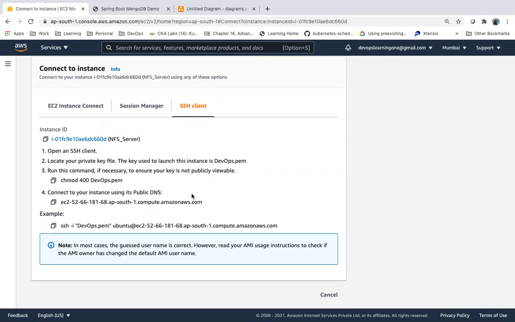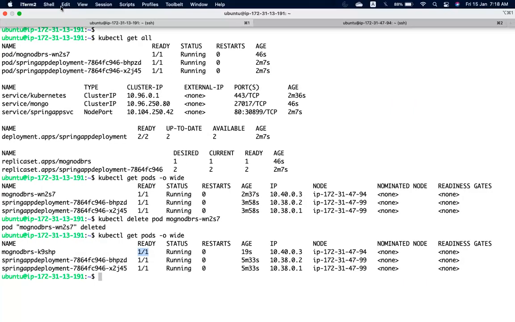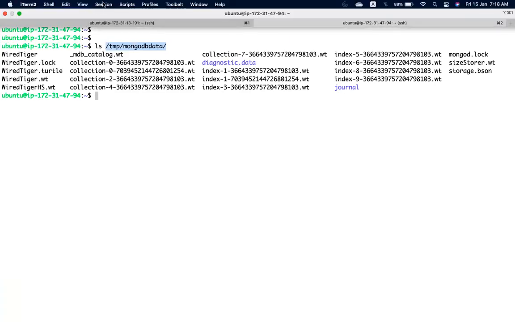You are just trying to set up an NFS, which you are going to use with your Kubernetes cluster. So let me connect to this.